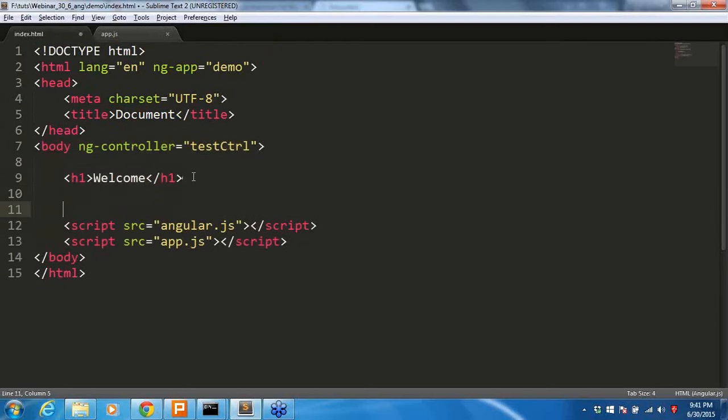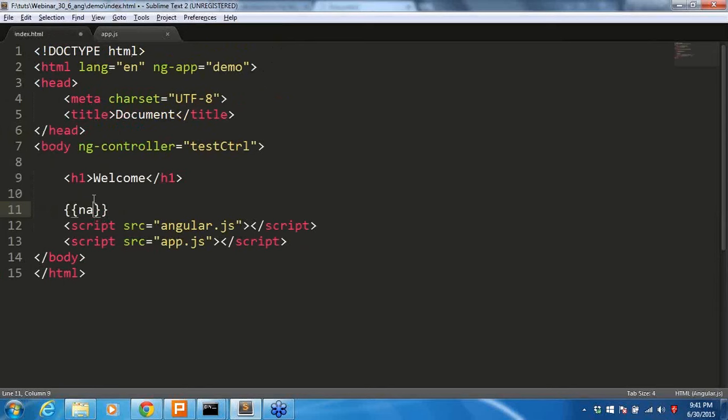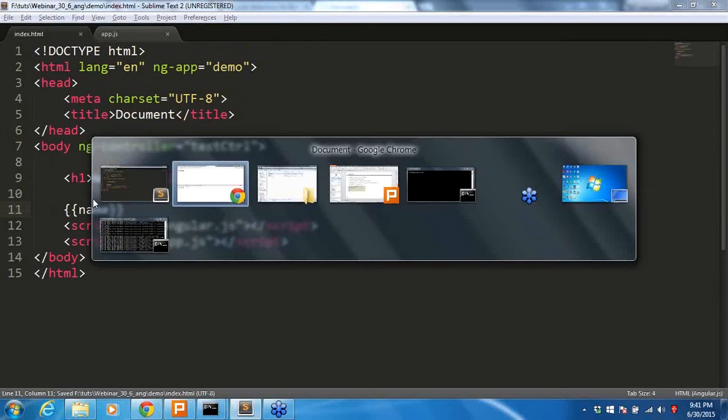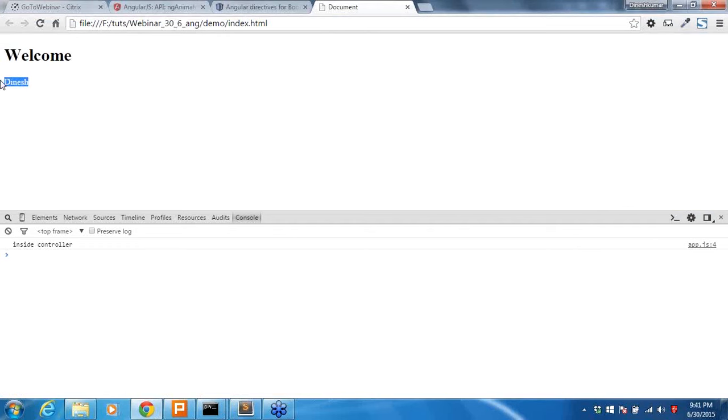Let me try to access that scope variable. These are the expressions, as we call them in AngularJS. In the expressions, whatever scope variable you pass, it will compile the scope variable and give the data there instead of just the name. So I'm just going to pass the name. Let's refresh the page. Now you can see it right here.